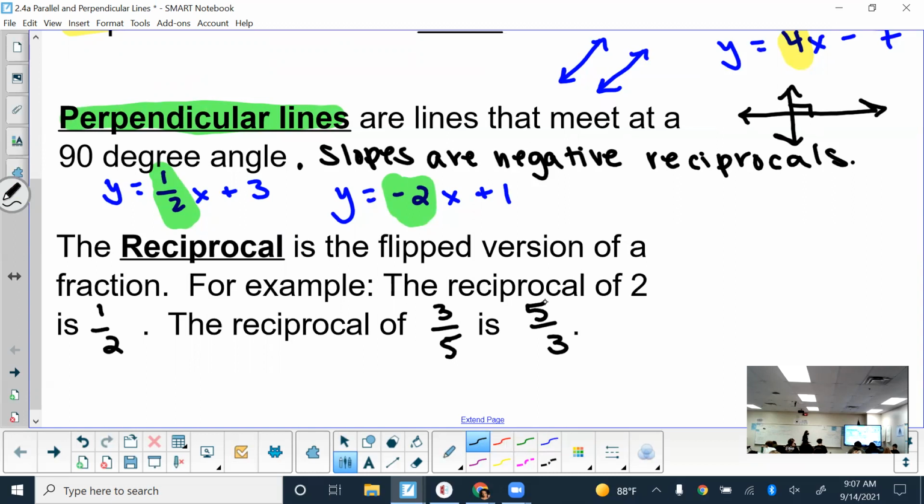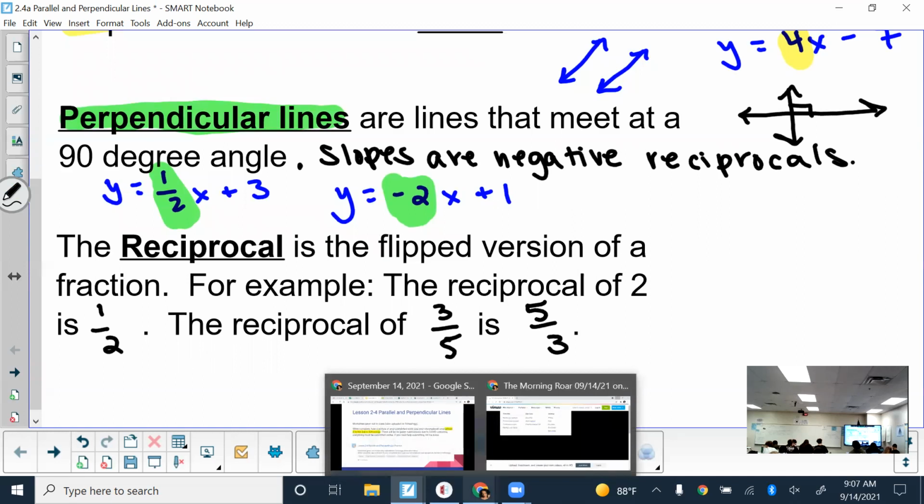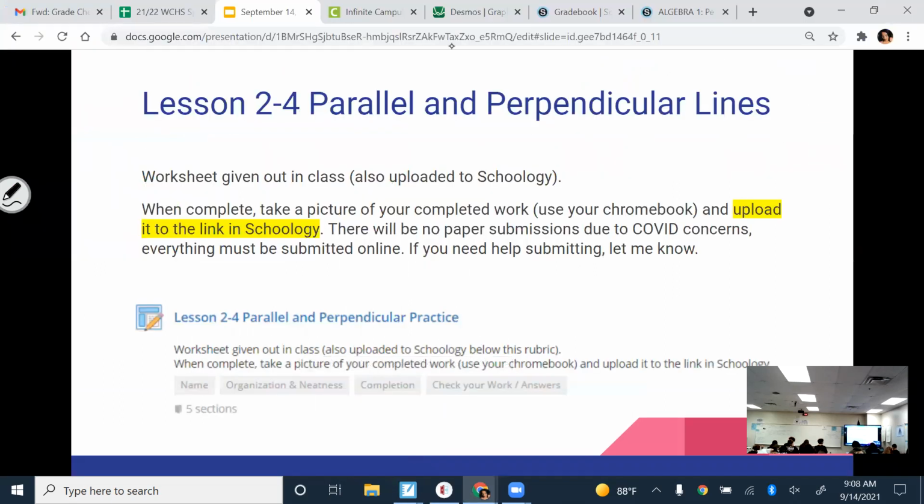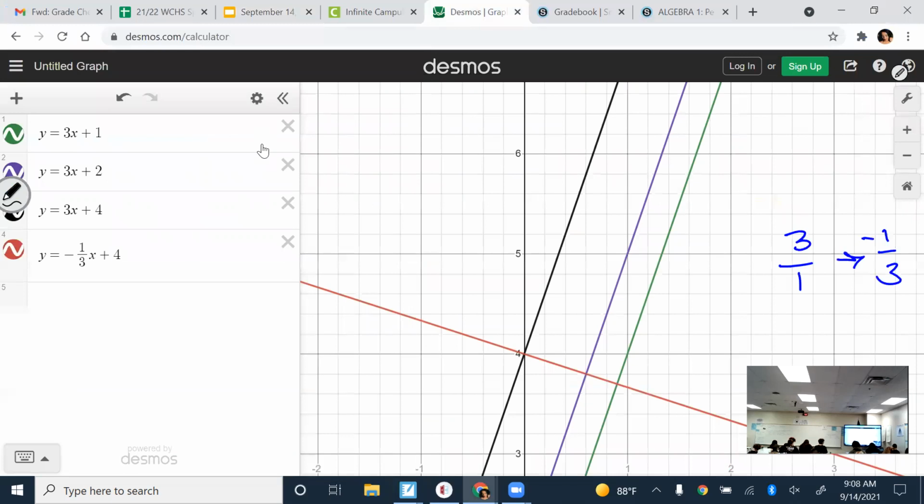All right, I'm going to switch the slides here. We're actually going to pull up Desmos just to show you. Desmos is a great tool. You can use it to double check a lot of the stuff that we are doing in class. So I'm going to pull that up here and we're just going to play around with it. All right, so here's Desmos, and I already put in some random equations,